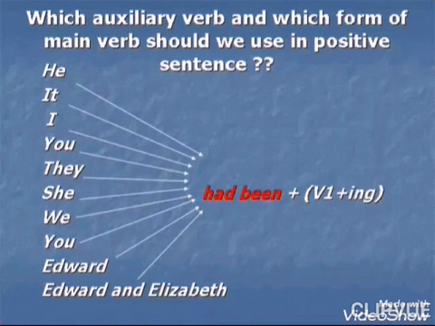Here, which auxiliary verb and which form of the main verb should we use in the positive sentence? In the positive sentence, or the form of the past perfect continuous, we have to use had been plus verb plus ing, with all pronouns like he, she, it, you, we, they, I, and the singular like Edward and the plural like Edward and Elizabeth. For example, I can say he had been eating, it had been sleeping, I had been watching TV, you had been studying science, they had been cooking, she had been sweeping the floor, we had been traveling, you had been flying kites, Edward had been studying, Edward and Elizabeth had been eating cookies. So here the positive form of the past perfect continuous is had been plus verb plus ing with all pronouns,